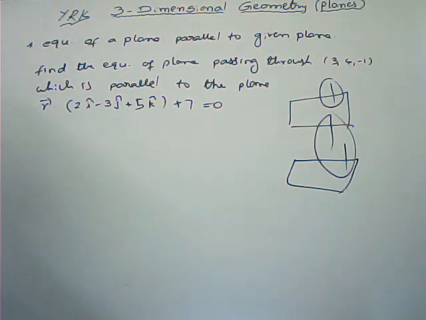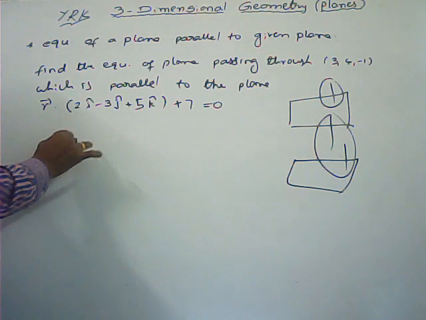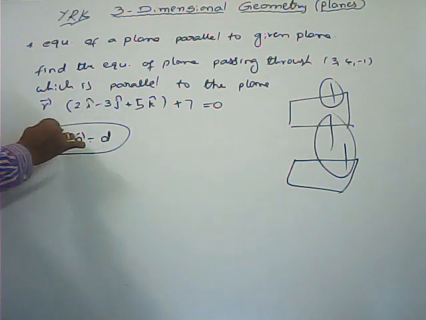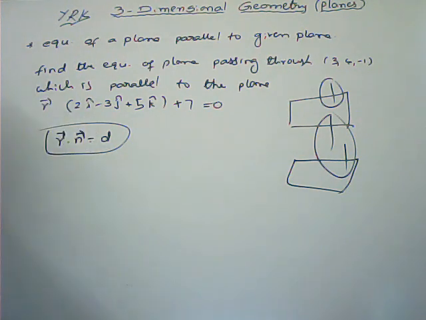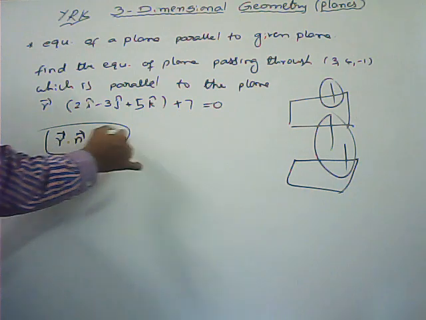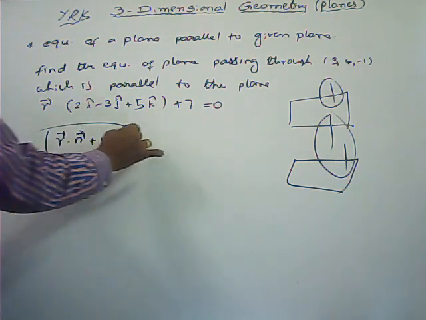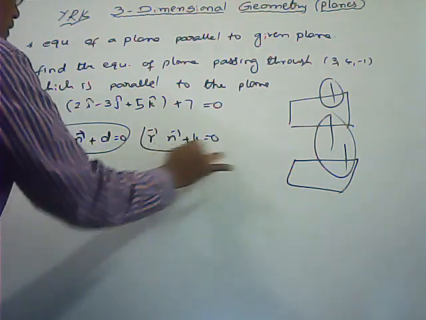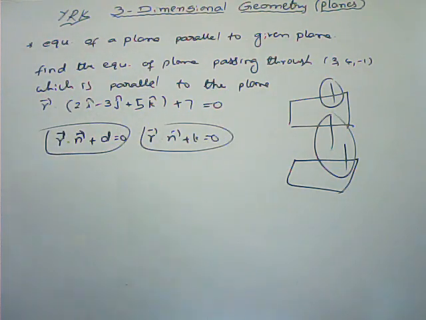Now the equation of any plane, r bar dot n bar equal to d. This is the general form of the equation of a plane, r bar dot n bar equal to d. Otherwise, plus d equal to 0, we can also write. The equation of any plane parallel to this plane we can write as r bar dot n bar plus k equals 0. These two differ by only a constant term. Two parallel planes differ by only a constant term.